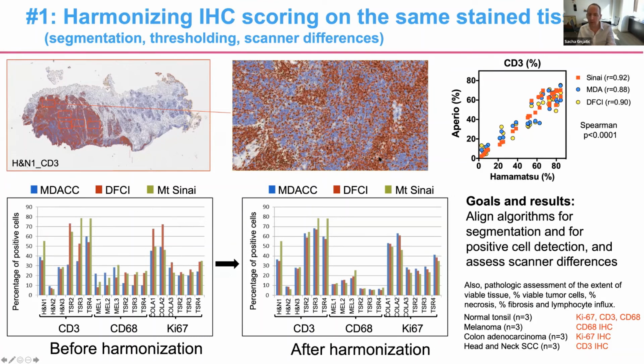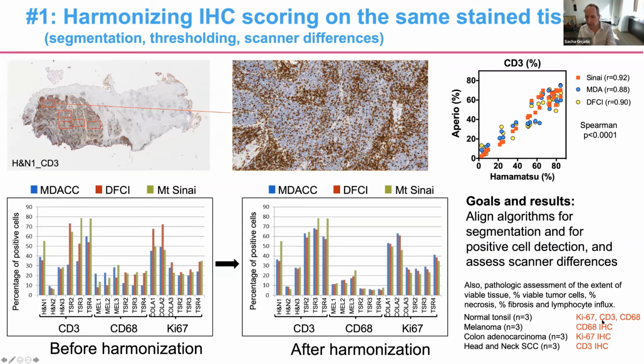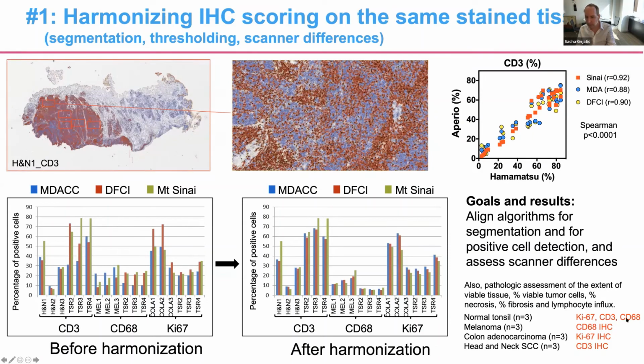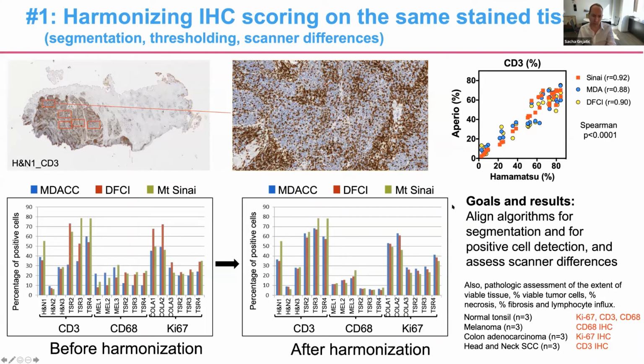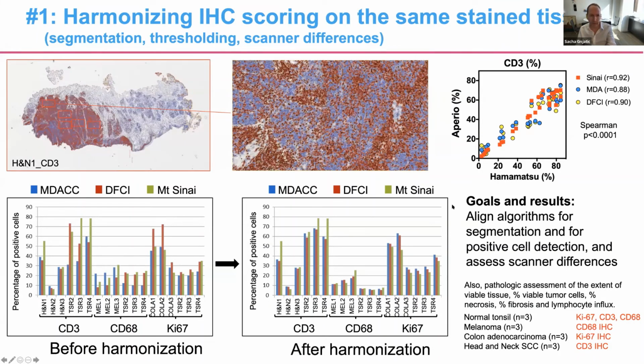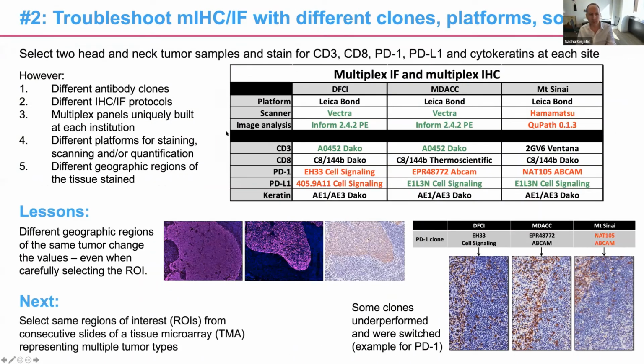And when we changed this along with other quantification for the markers labeled here on a series of different pre-stained tissues, we selected them on purpose for nuclear staining, cell membrane staining, as well as more cytoplasmic staining. But we were able to achieve a fairly good concordance. So we thought that at least in terms of algorithm, despite the difference between Inform and QuPath, we were able to agree pretty much on how we would quantify these tissues. So the next step was to do the entire